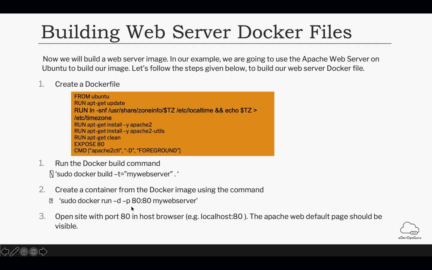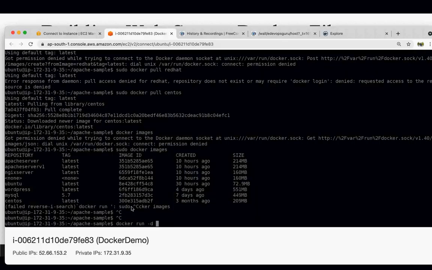The -p option maps a particular port on your host machine to the container port. We had port 80 and port 80; the first one is your port on the host, and the other is the container port.